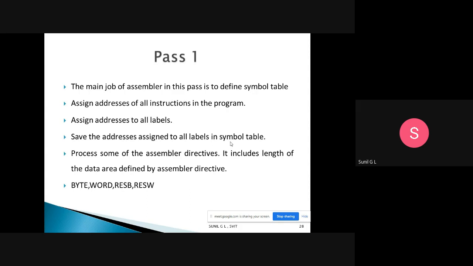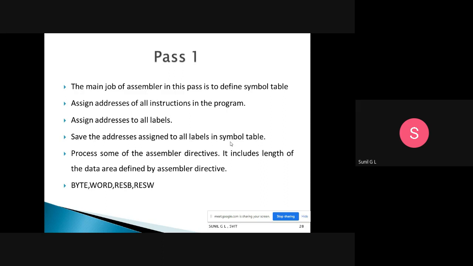So this is the job of the first pass: it will define the symbol table. The symbol table holds labels and their addresses, while instructions and their addresses are in the location counter. Then it will process the assembler directives.